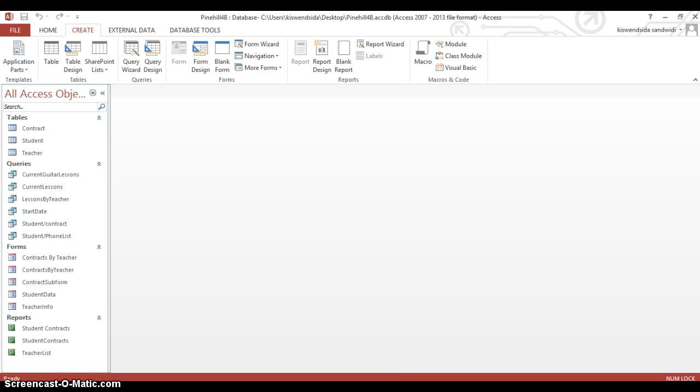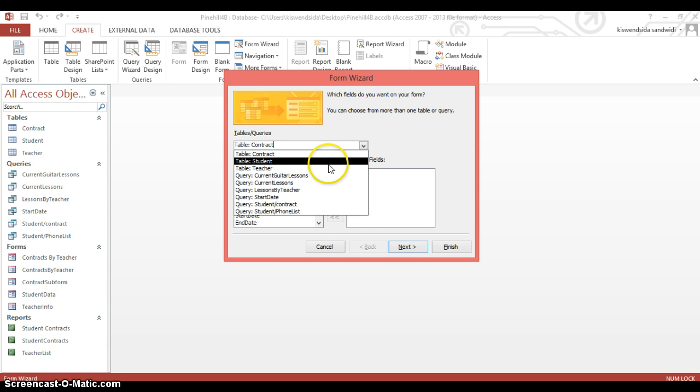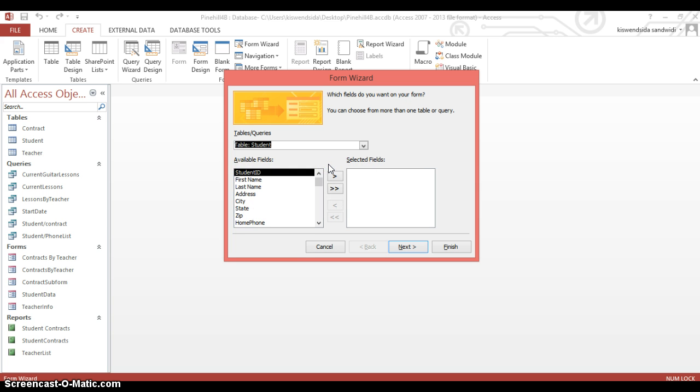When I started, I opened the Pine Hill database located in the folder, and then I used the form I want to create first, and then I used the form wizard to create a form based on the student table. I clicked here and I chose the student table, and I selected all the fields from the student table,